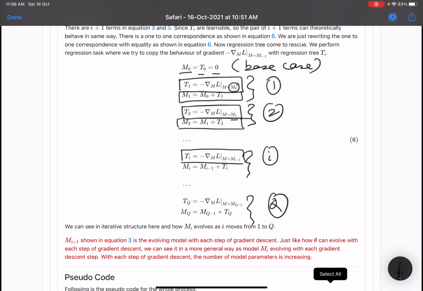We don't know whether t_i is equal to that, but because t_i is learnable, what we can do is a regression with input features x, and our target is the negative of the gradient of loss at m_{i-1}, right? So if we knew the target for each tree while doing regression, we are done, right?